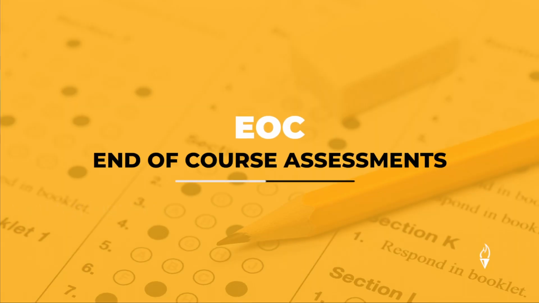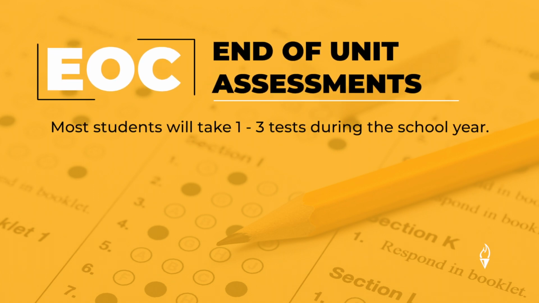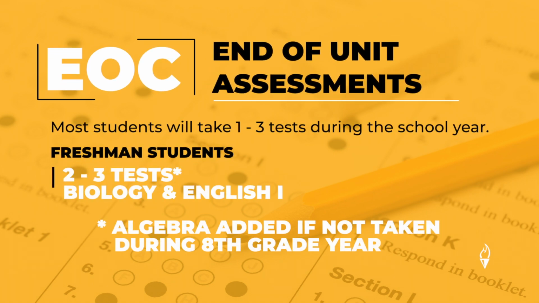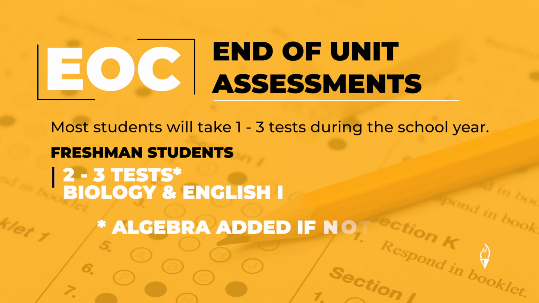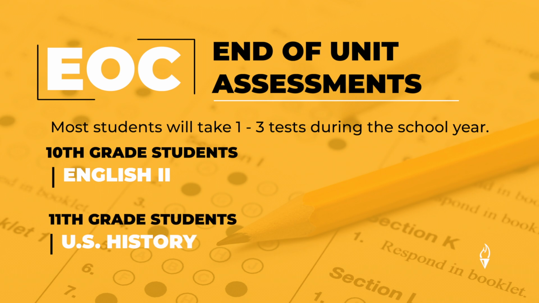End of course assessments, or EOCs, are given throughout the year. The number of tests your student may take each year depends on their grade level. Most students will take 1 to 3 tests during the school year. Freshman students will take 2 to 3 assessments that year, biology and English 1, and algebra only if it wasn't taken in 8th grade. 10th and 11th grade students will both take 1 assessment, sophomores English 2 and juniors US